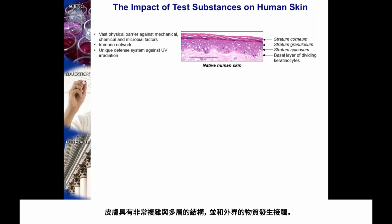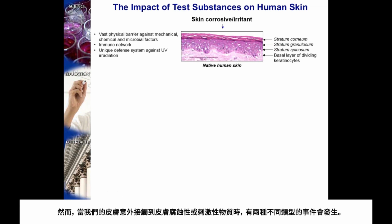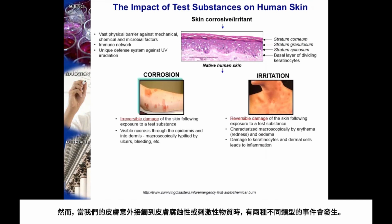Skin has a very complex structure, as you can see by the many layers that come into contact with substances. Stratum corneum, which is the exterior layer of the skin, is the one that limits our exposure to toxicants. However, when a skin corrosive or irritant material comes in contact with our skin accidentally, it can induce two different